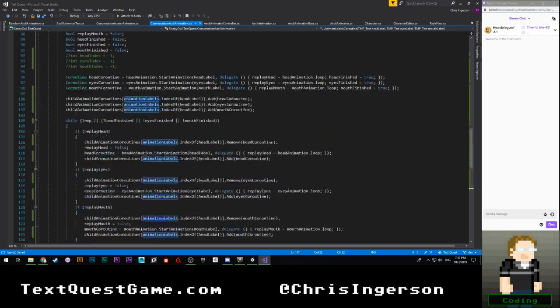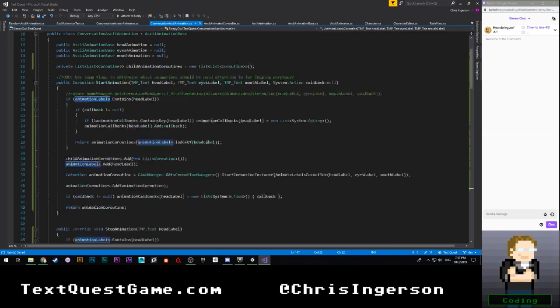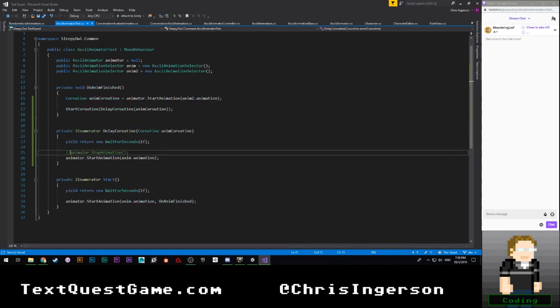So animation labels aren't being set up correctly. Start animation. Oh, right, because it wouldn't. This is calling start coroutine. So this is calling start. We're doing animator.start animation.